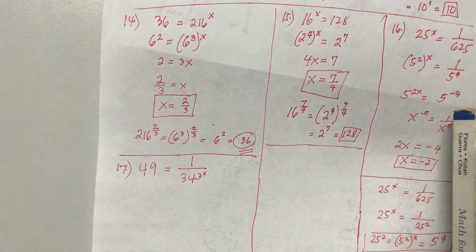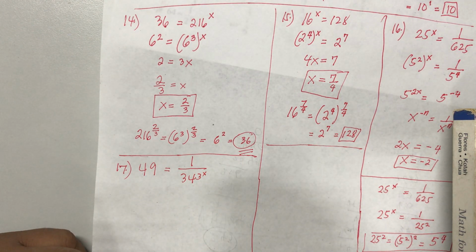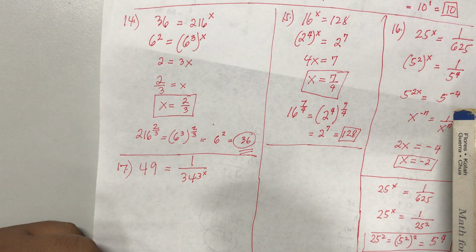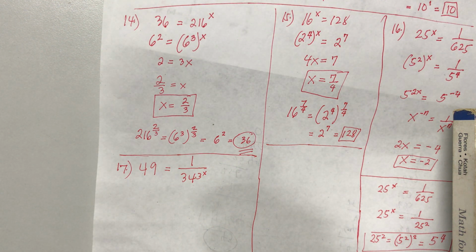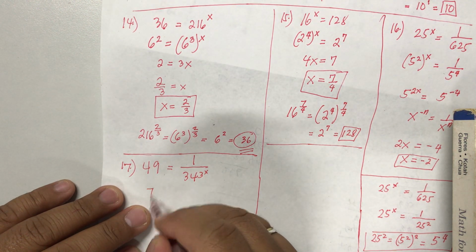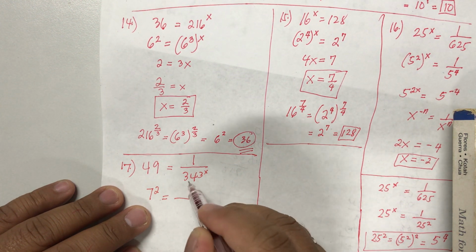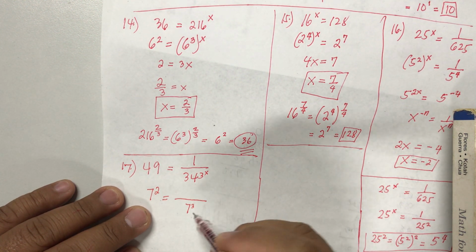Okay, here 343 is 7 cubed. Multiplying 7 by itself 3 times will give 343. 7 times 7 is 49, while 49 times 7 is 343. Correct? And 49 times 7 is 343. Therefore, 7 cubed is 343. 49 is 7 squared. 343 is 7 cubed. So the exponent of 7